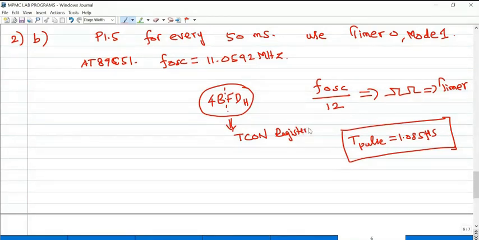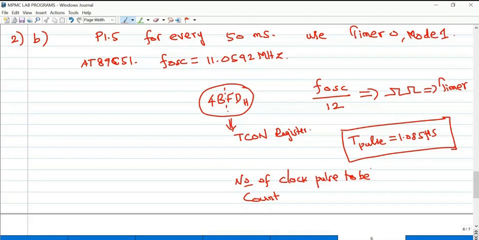So 50 millisecond divided by the number of counts. How many clock pulses are to be loaded? Number of clock pulses to be counted for 50 millisecond: 50 millisecond divided by 1.085 microsecond.